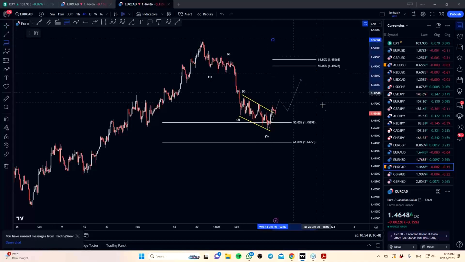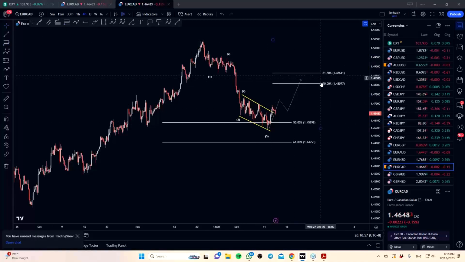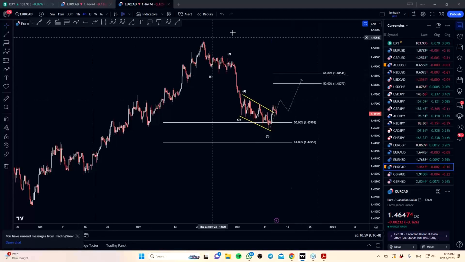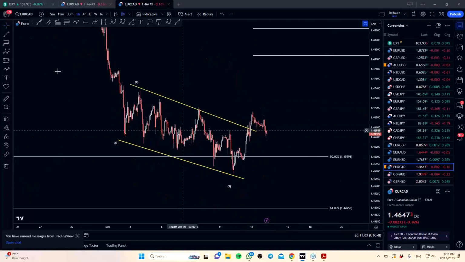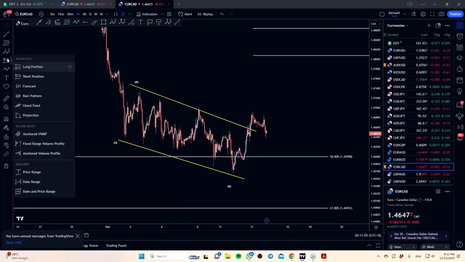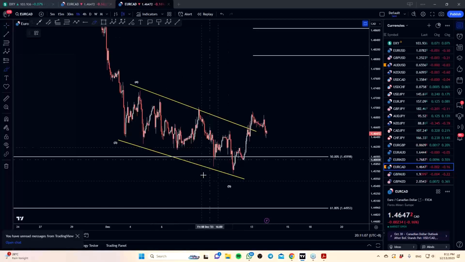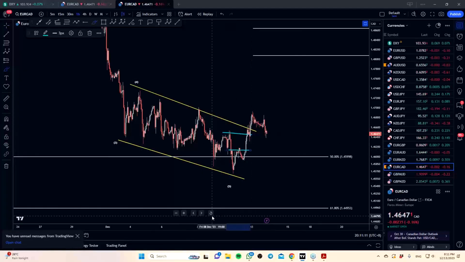Where can we expect this buy trade to potentially go towards? 50 and 618, right? So with all that said, what we can do is go out to a lower time frame. Now, if we did not manage to get involved, price has already moved today, so we may not have got in at a breakout here.